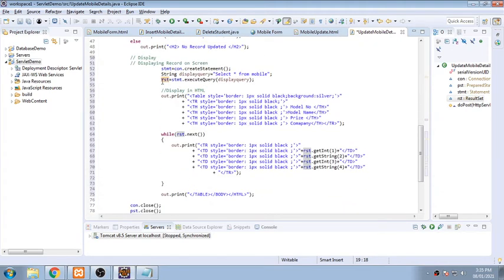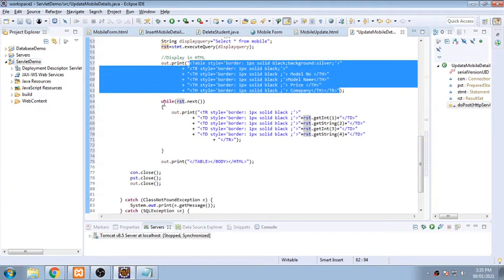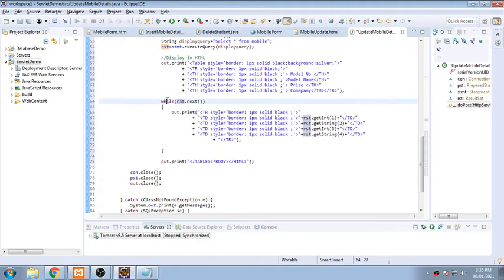So we'll be having a temporary copy of that, and using this out.println function we are creating a header, and we are passing a while loop where we'll be retrieving each and every record and displaying like this. So that will be displayed in this format on your screen.